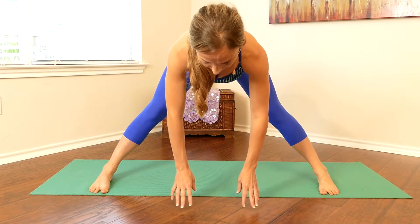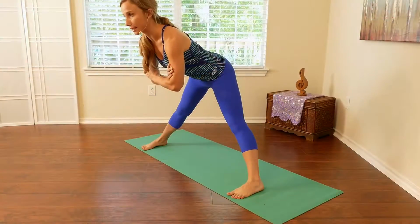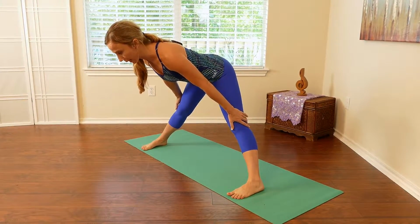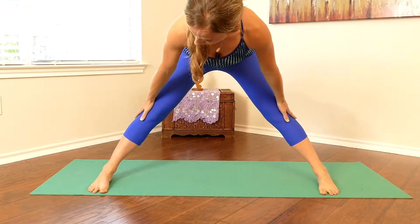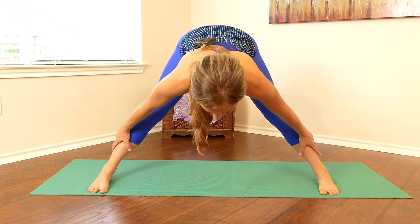And if your legs feel really tight, you might need to stop here. It doesn't matter where you are. You can place your hands on your legs if you'd like, or just hold them. So coming down into this wide leg forward bend,